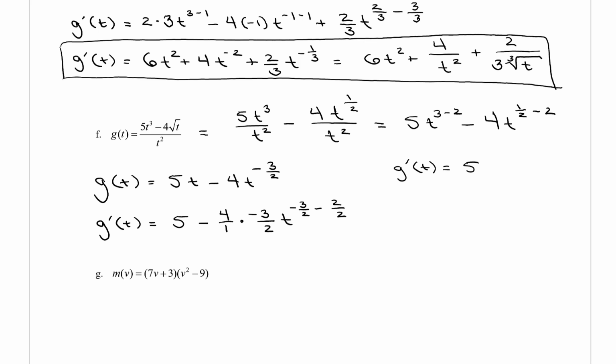So g prime of t equals 5 plus 12/2 t raised to the -5/2 power, which can be simplified to g prime of t equals 5 plus 6t raised to the -5/2 power,